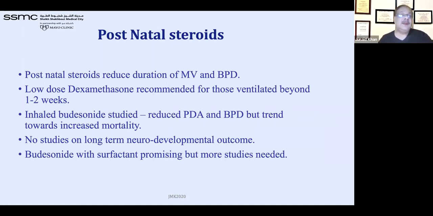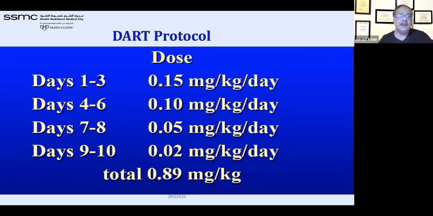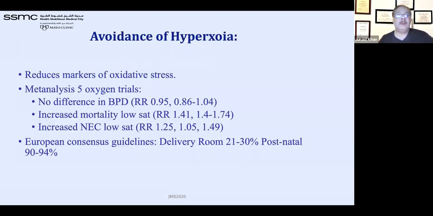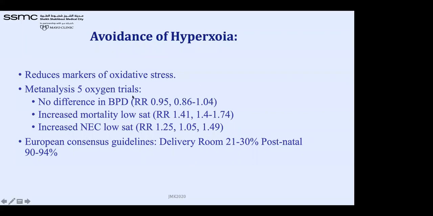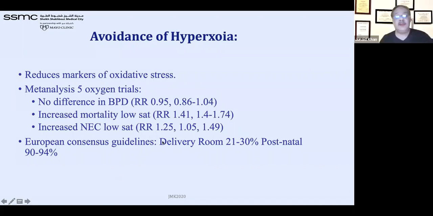If you are suspecting that this baby is going to develop BPD, these are the DART protocol: days 1 to 3, you give 0.15 milligram, then days 4 to 6, and then days 9 to 10, total 0.89 milligram per kg, and so on and so forth. Avoid hyperoxia as much as possible because it can of course cause a lot of oxidative stress. So European consensus guideline: delivery room is 21 to 30% again and again, and postnatal about 90 to 94% saturation